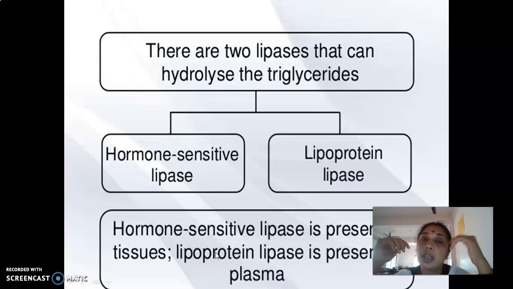What is the function of LDL and HDL? We will explain that when we speak on lipoproteins, which will be taken as a separate class. I was just mentioning all these lipoproteins because we have come across the enzyme lipoprotein lipase. So there are two types of lipases, hormone sensitive lipase and lipoprotein lipase. And it is the hormone sensitive lipase which is responsible for regulating the synthesis and breakdown of what? The